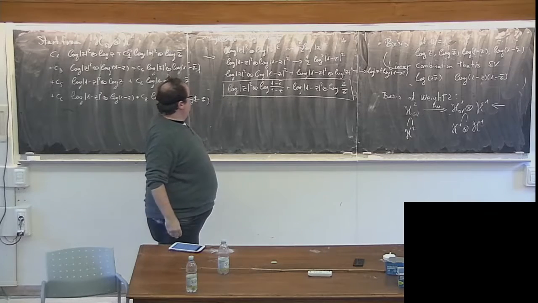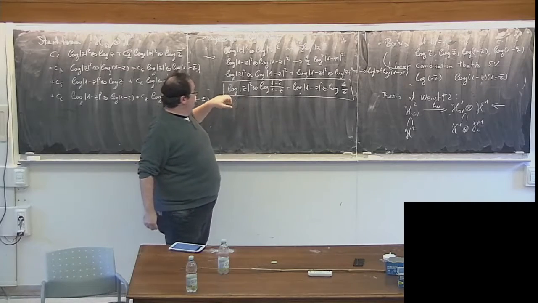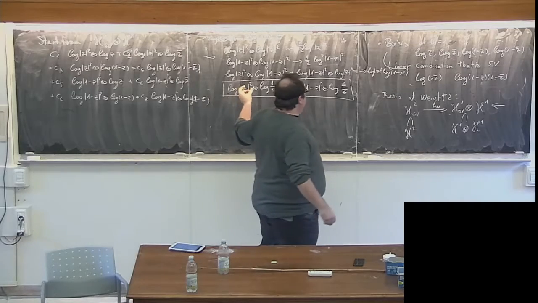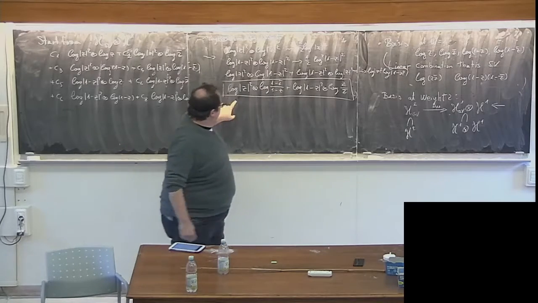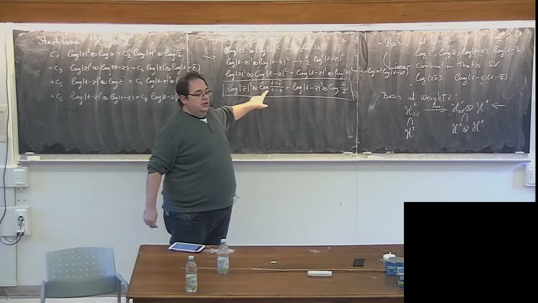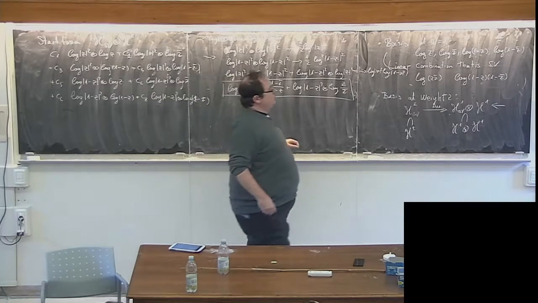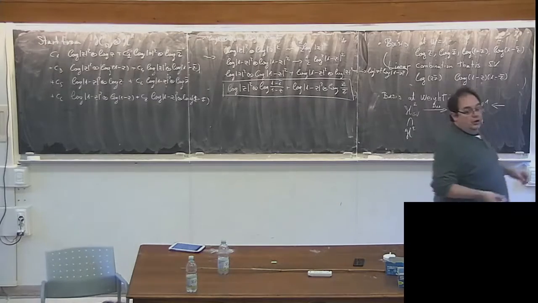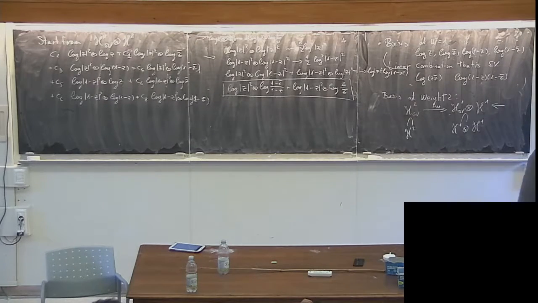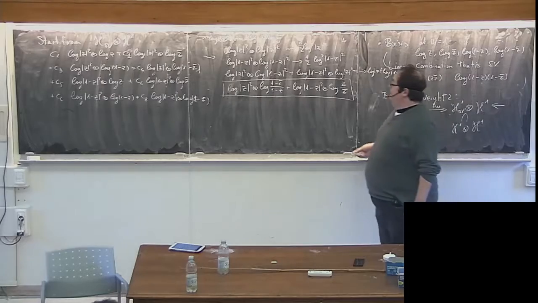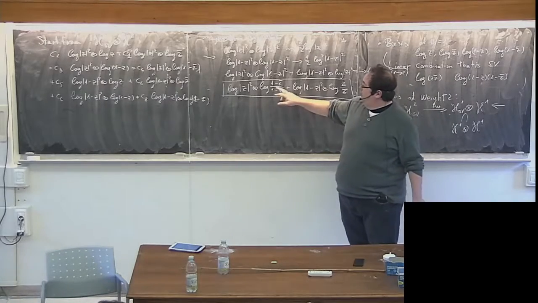And one way to see that this object is genuinely new, well, there are various ways of seeing it. One way of seeing is that this tensor is not symmetric, while the others are. So it cannot be a product of logarithms, because products of logarithms give rise to symmetric tensors. The other way to see it is that when you exchange z and z bar,